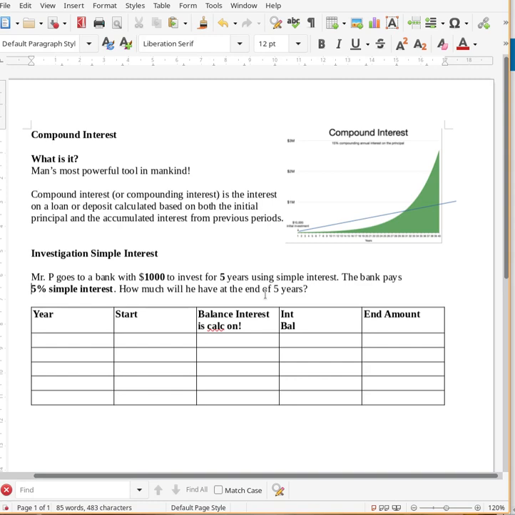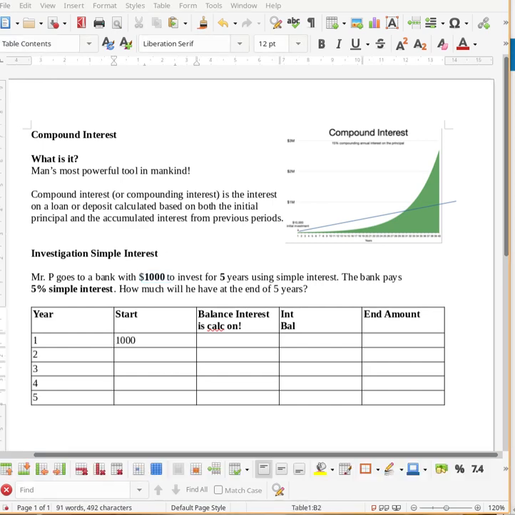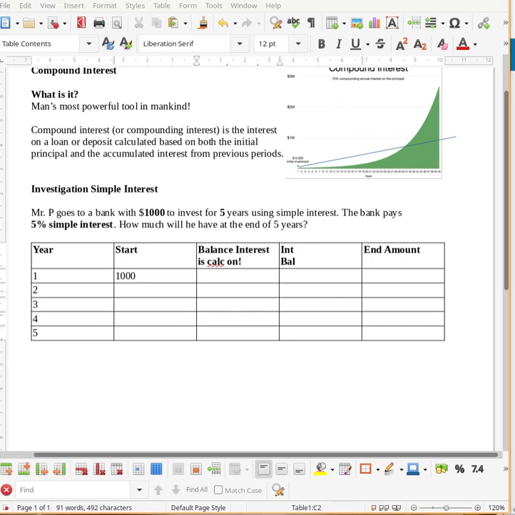So now imagine that we have a teacher named Mr. P that goes to a bank and he decides to put $1,000 and he invests for 5 years using simple interest. So we're going to use the concept of what we did before, right? So now you got to remember the following. In the first year, we start with $1,000. Now, remember, our simple interest is calculated like this. We take our $1,000,